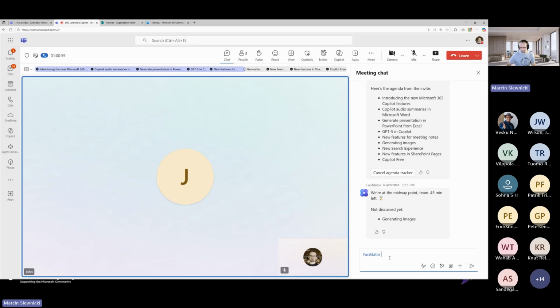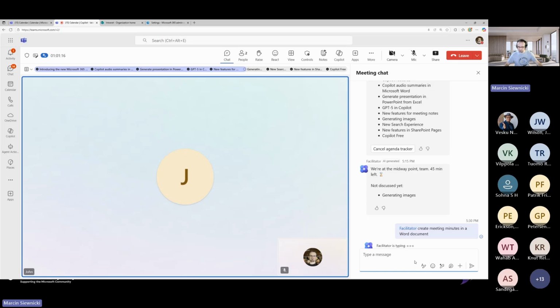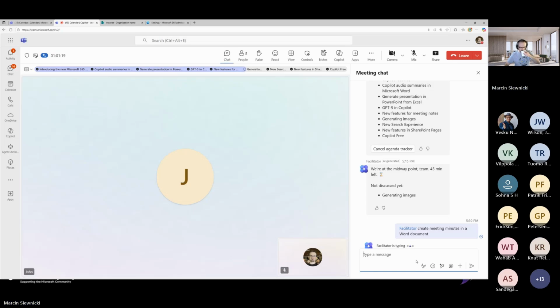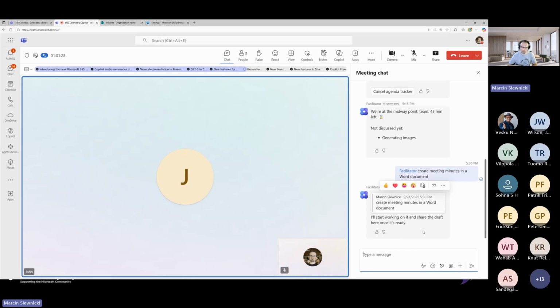Okay, Facilitator, let's say create meeting minutes from the meeting in a Word document. Okay, let's wait a few seconds. Okay, please be fast. Okay. Hey, I started working on it and I will share the draft when it's ready. It will take maybe a minute, maybe two, but you will get a ready to use Word document with meeting